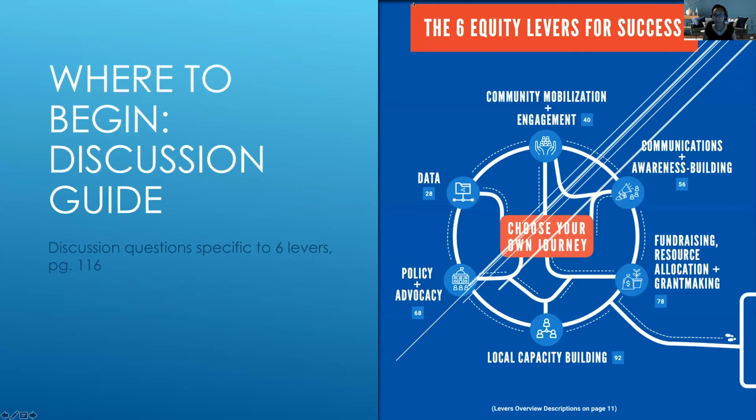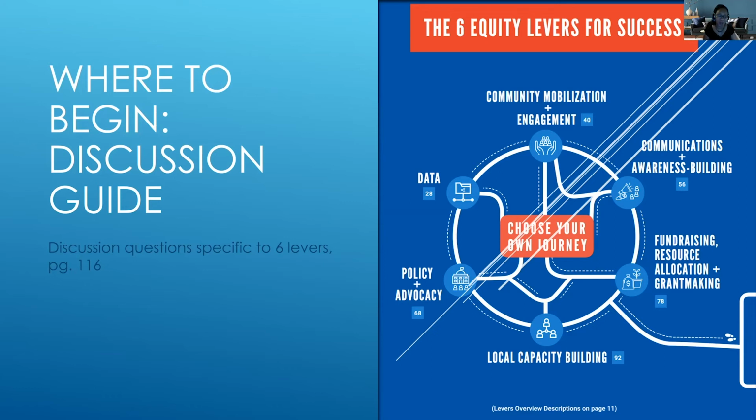Sometimes when you're serving on a task force or a coalition that is in the process of affecting change, it's very difficult to know where to begin. We've already established that you begin with some sort of assessment where you're ranking and rating to what extent, how are we doing on a specific set of measures. But also you want to get to a discussion phase with your committee. You'll eventually get there if you're serving on a task force.